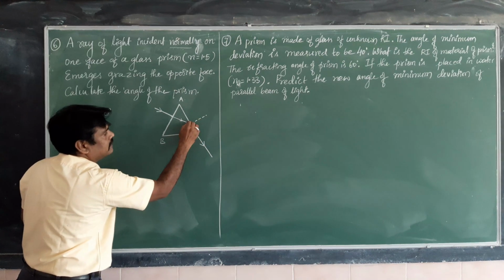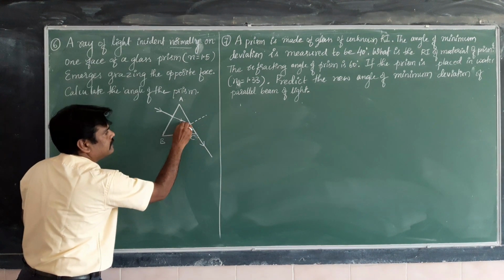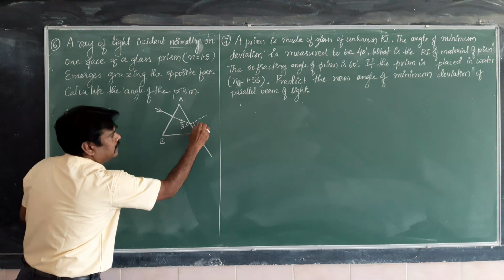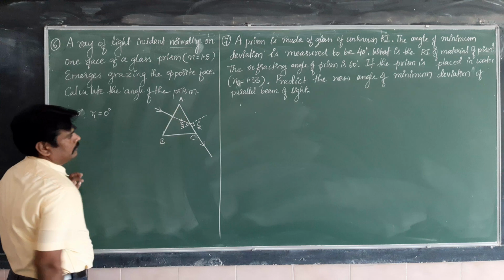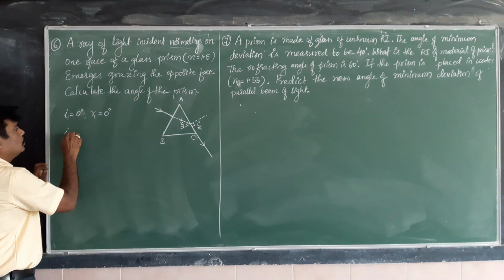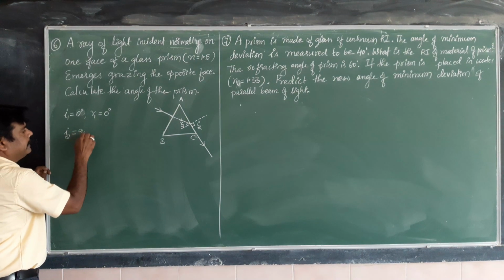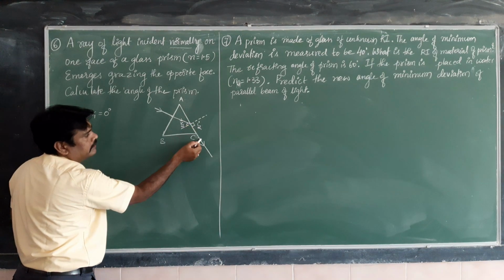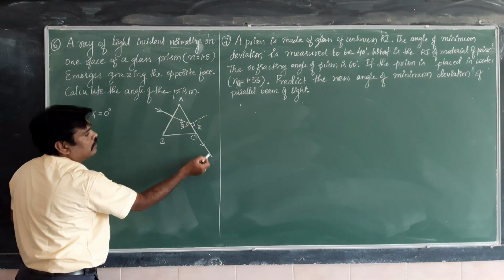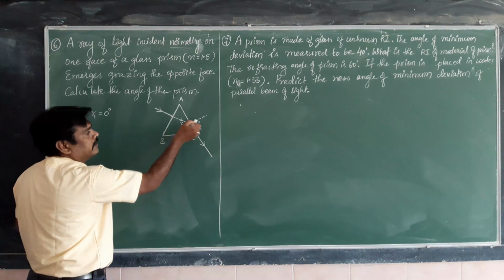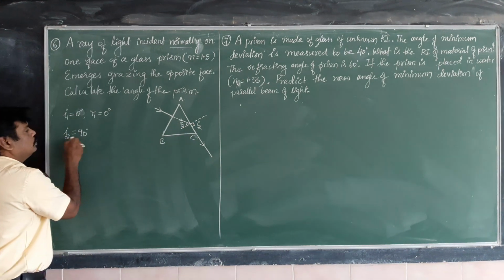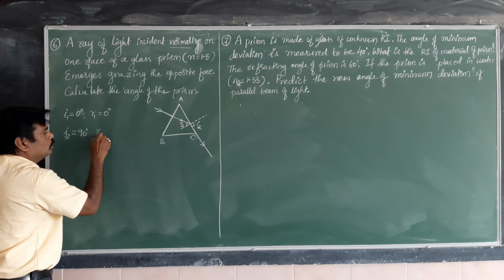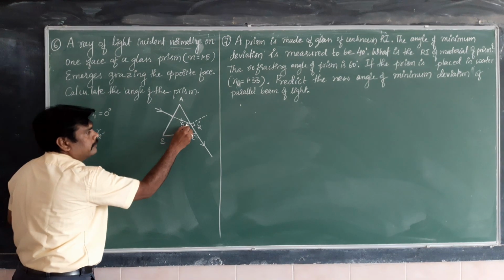Let us consider this angle of refraction is r2. This angle of incidence is i2. Here, i2 is equal to 90 degrees, the angle between the normal and the refracted ray. If it moves in the opposite direction, it will become the incident ray. That's why I take i2 as 90 degrees. And r2, this is the angle of refraction.